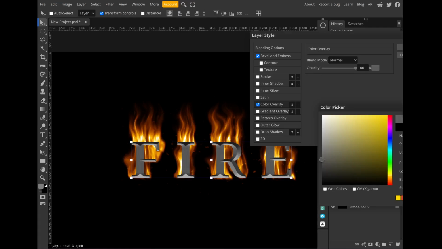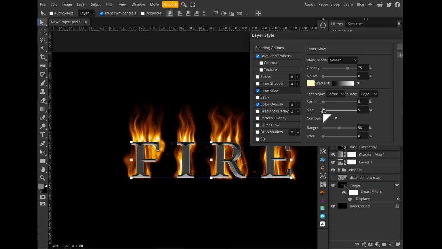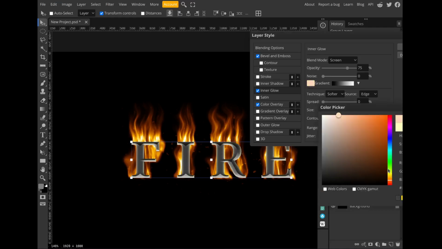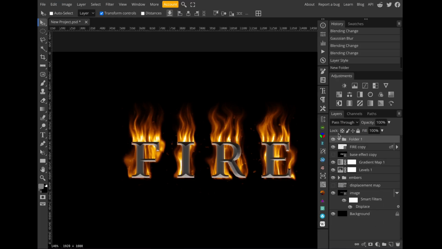And you see we get a sort of metallic looking effect. Very nice. Maybe let's do some inner glow as well, with an orange color. Right. I'm gonna make a group of this layer, put the layer into the group, and set the group's layer